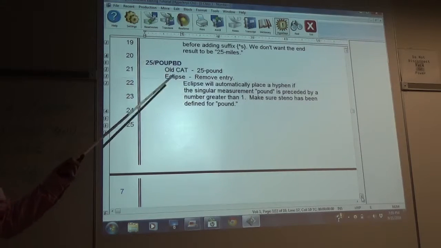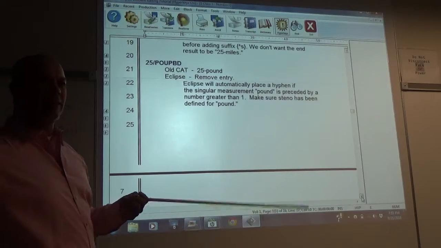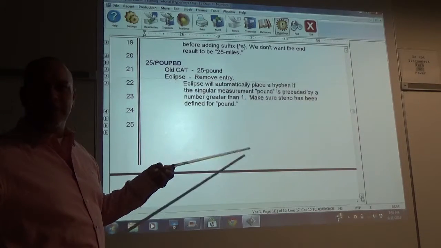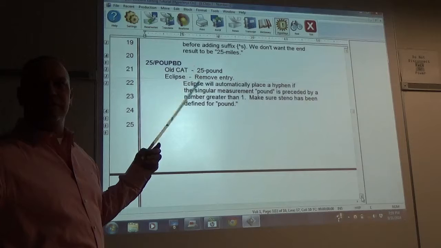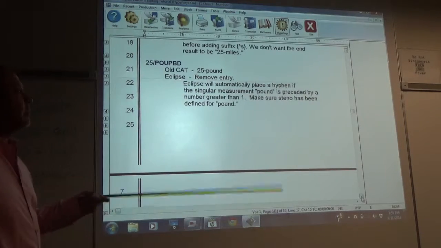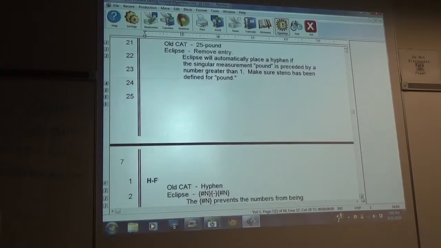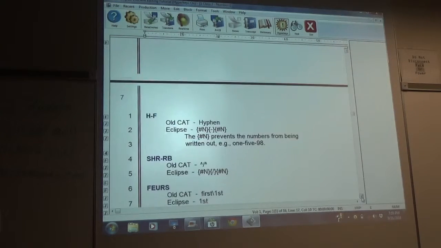Pounds is the same way. Like if you go to, I think it's England, where they call it pounds. You know, 25 pounds. It's not dollars anymore, it's pounds. They talk about pounds. You don't have to define the 25, just a pound. Hyphen,